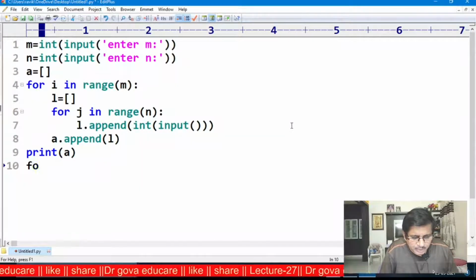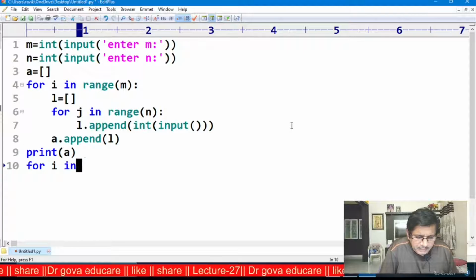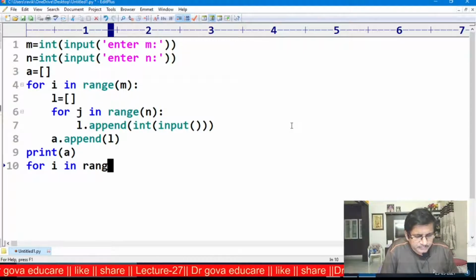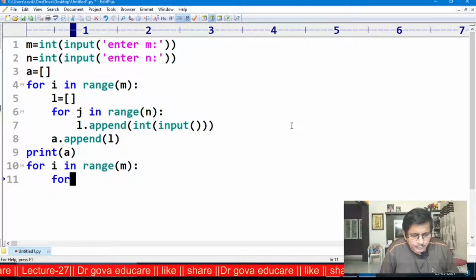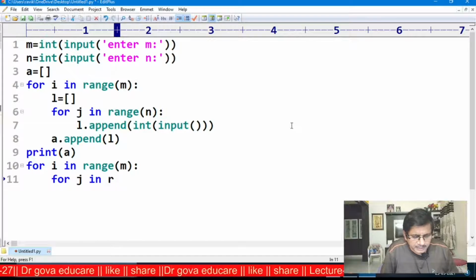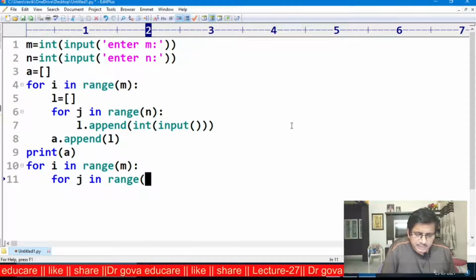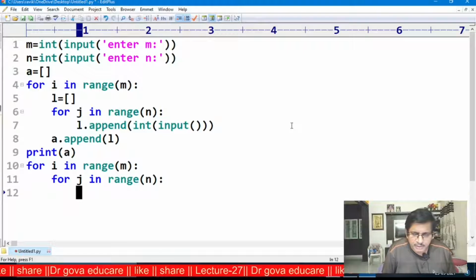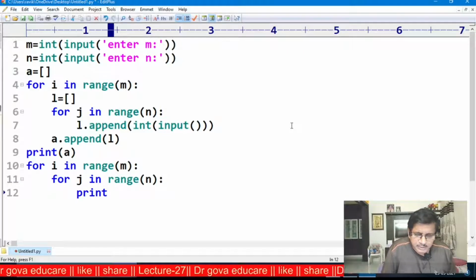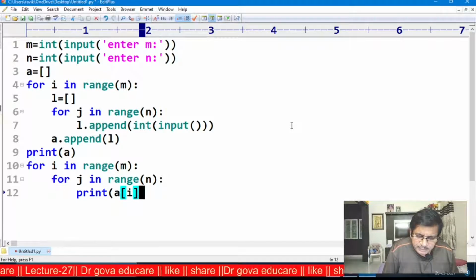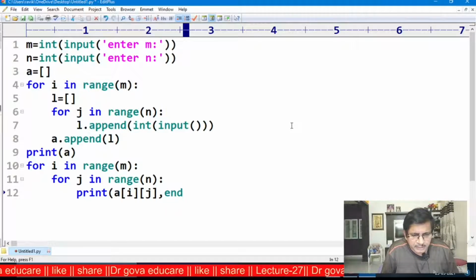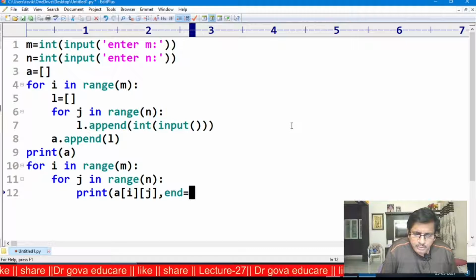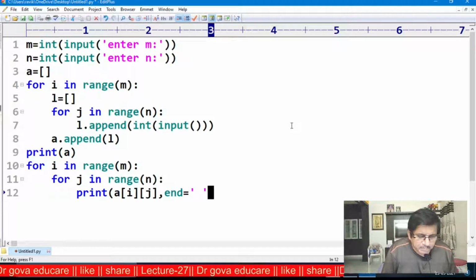Again I am using for i in range m, for j in range n, print A[i][j], comma, end is equal to some space.